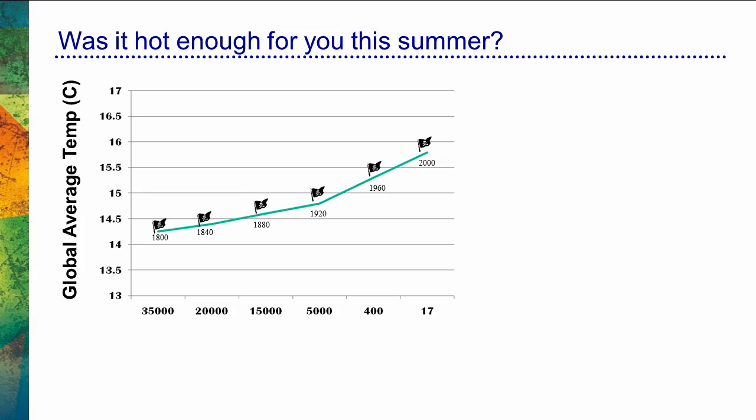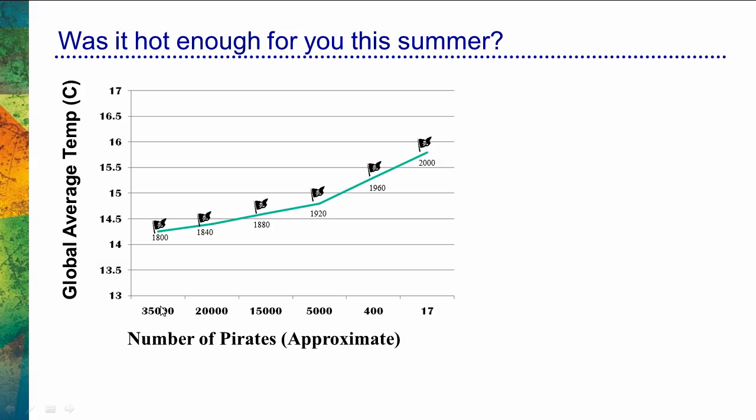What I've added here are the number of pirates in those years. Now, I don't want to confuse anybody, so let me go over this again. Here I just took the years and now I put them right up here on the trend line. So 1800, and again, we saw that the average temperature was about 14.25. 1840, 1880, 1920, we can see that average temperature line kept increasing.